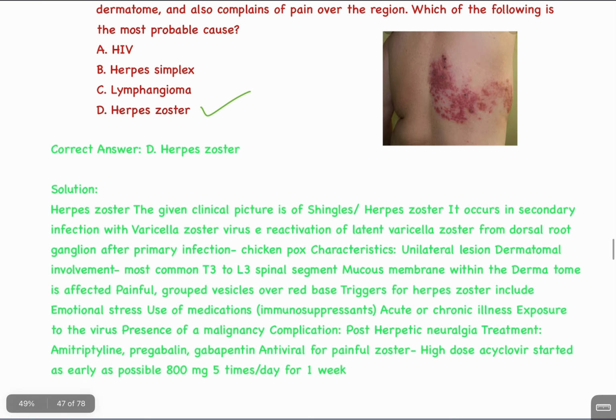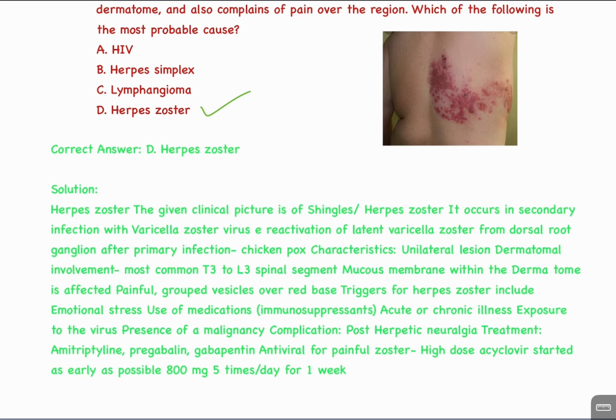Herpes zoster. The given clinical picture is of shingles or herpes zoster. It occurs as a secondary infection with varicella zoster virus, due to reactivation of latent varicella zoster from the dorsal root ganglion after primary infection with chickenpox. Characteristics: unilateral lesion, dermatomal involvement, most common T3 to L3 spinal segments, mucous membrane within the dermatome is affected,